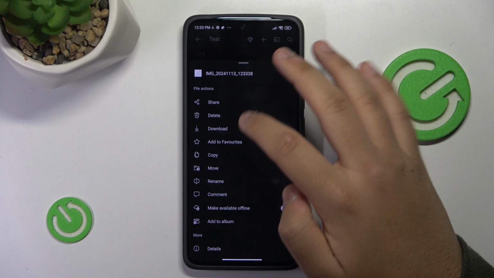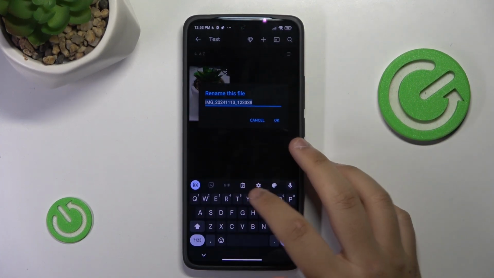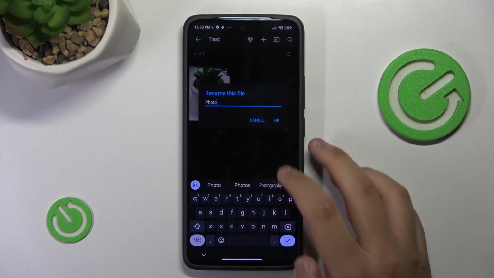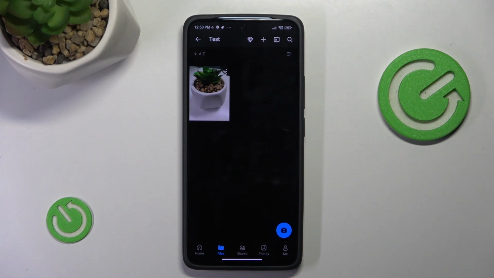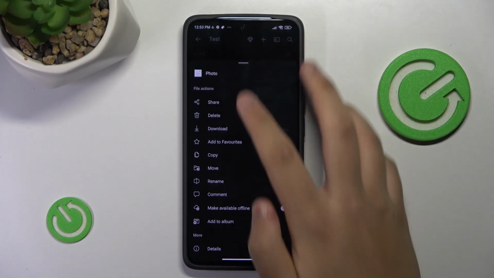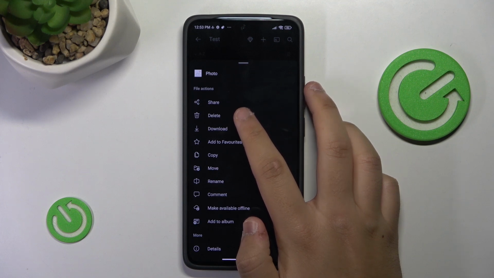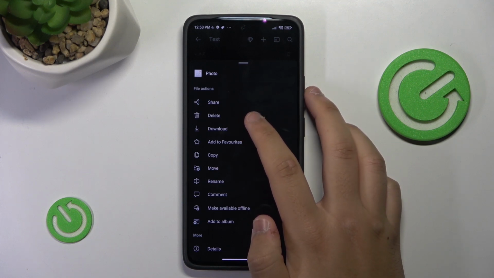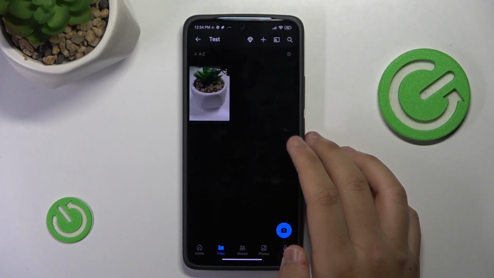If you want, you can rename the image that you want, and if you want to delete it, you can just press the three buttons next to your image, press delete,